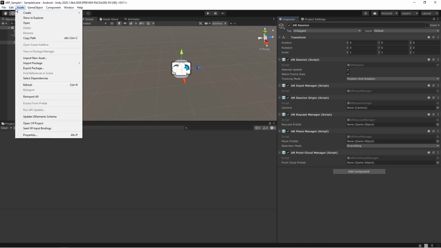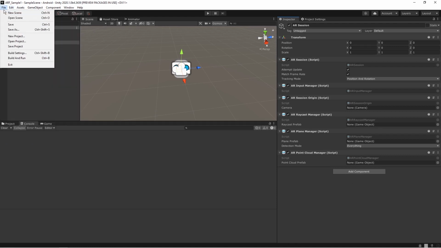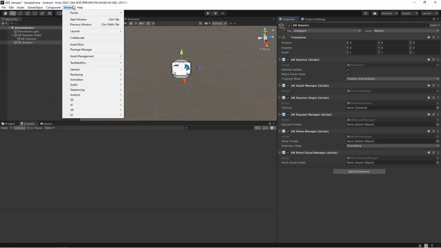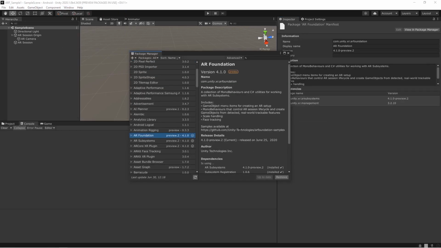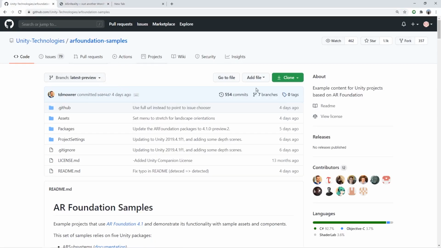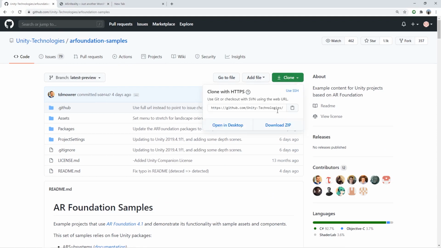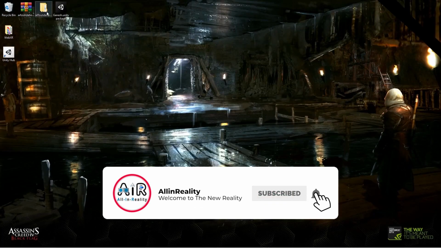You can create your own, or else you can import from the samples provided by Unity. I'll be using the samples given by AR Foundation. You can see here there is a GitHub link which I have already opened. Here you can download the complete examples, which come with basic examples.